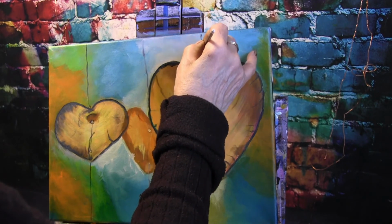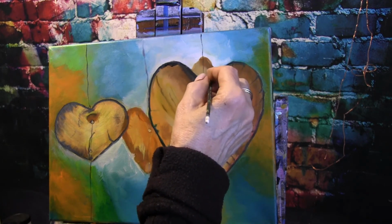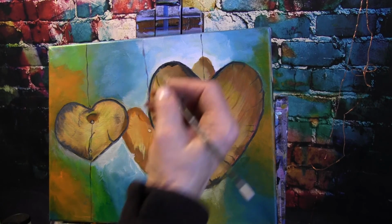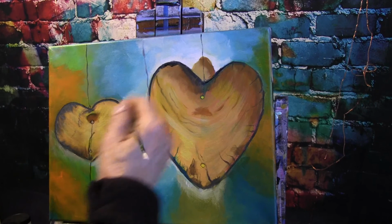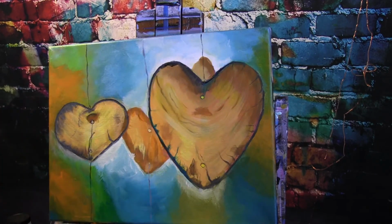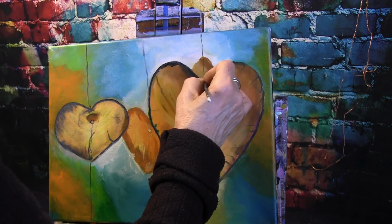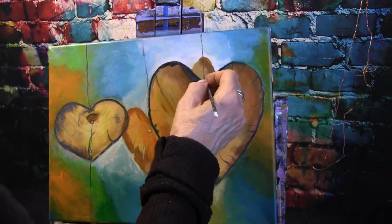Hanging hearts. And there's like a little hook here. It starts to dry out your paint. You can wet it to get it to work. Okay, so